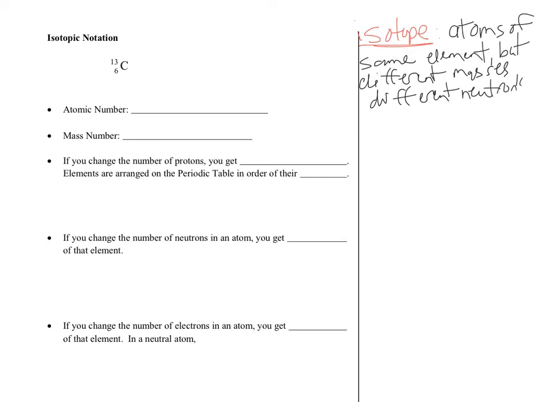So the neutrons are neutral. They don't really do anything for the atom chemically, but they do change what it weighs. They do something for the atom in terms of its radioactivity, its nucleus, and how stable the nucleus is, but we'll get to that at a later date. In terms of their chemical properties, the isotope mass does not change how the atom reacts. So an isotopic notation then includes the mass,